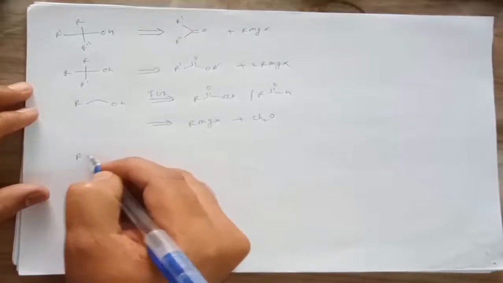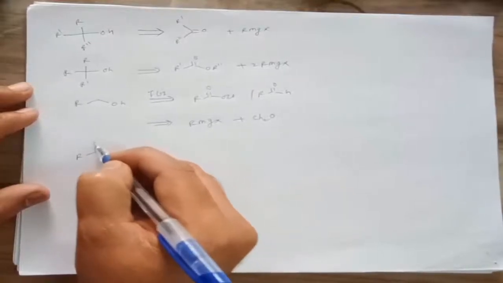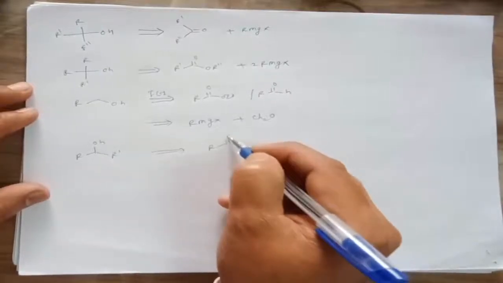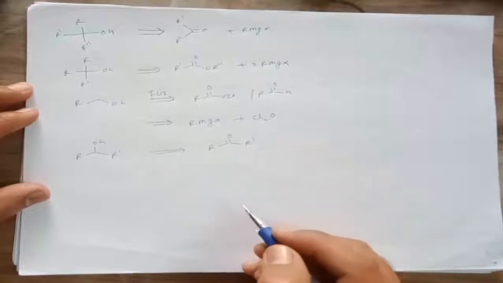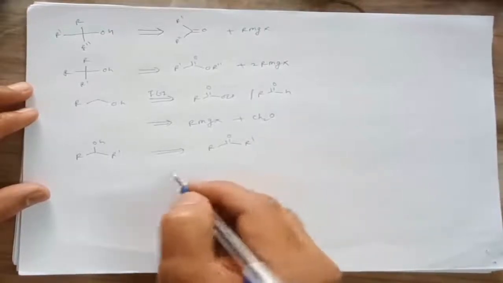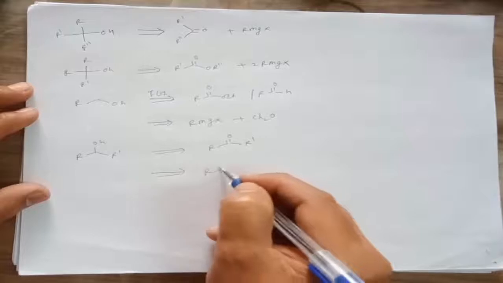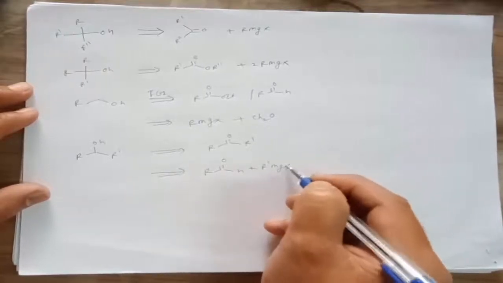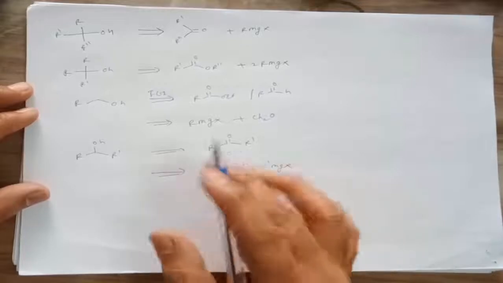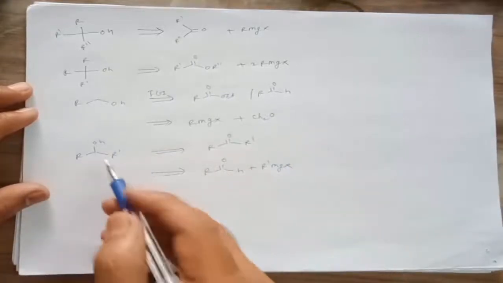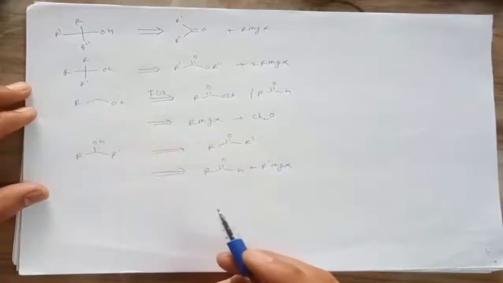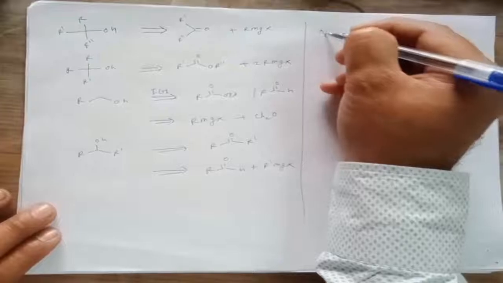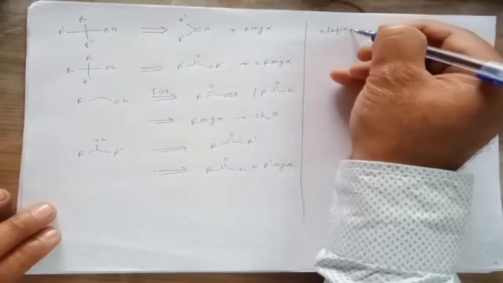If there is a secondary alcohol, then we can go for functional group interconversion to form the ketone, or in the second method we can go for the aldehyde RC double bond O plus R dash MgX. So that means by using any method we can prepare the alcohol, either secondary, primary or tertiary alcohol. And suppose there are olefins,